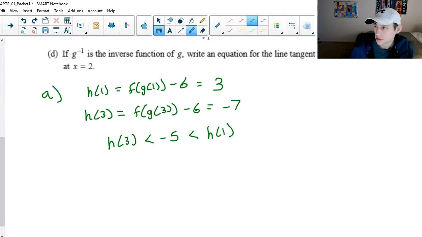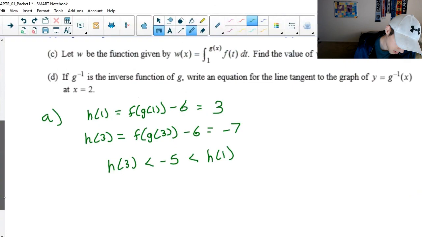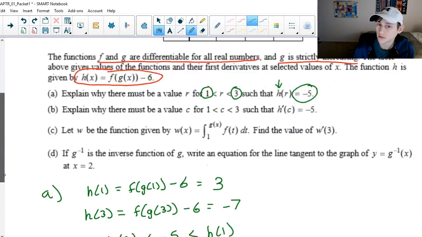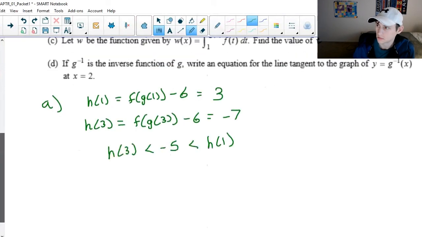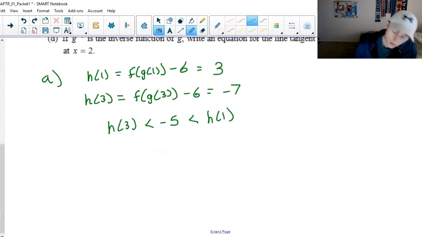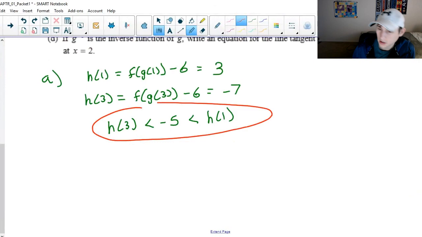We know from the information told to us that h is continuous, right? Because it tells us that it's differentiable. So just by looking at this information and then knowing that it's continuous,